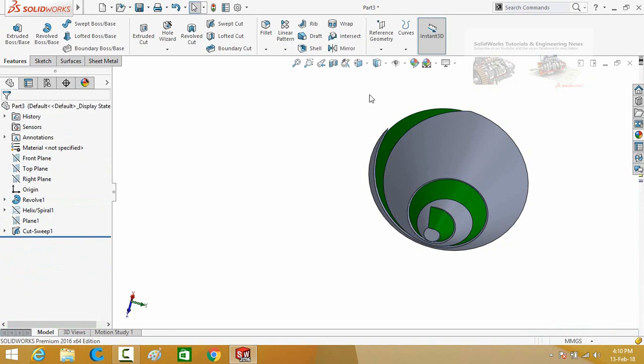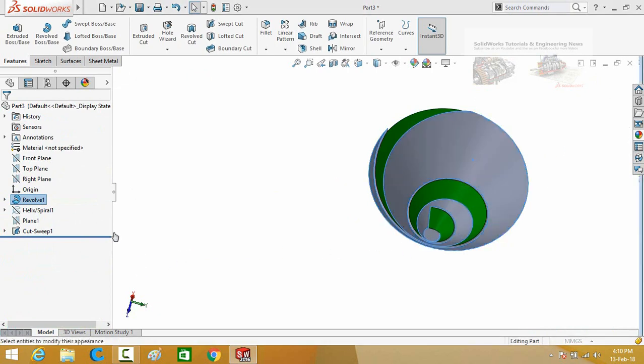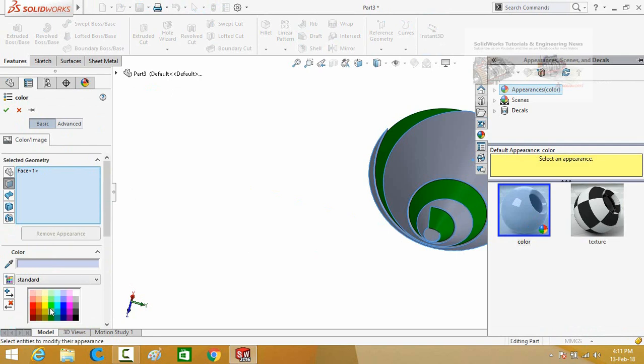Press the OK button and now change the color of this face. Press the OK button.